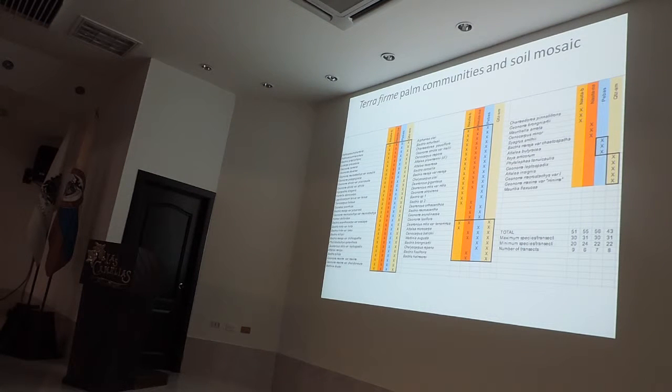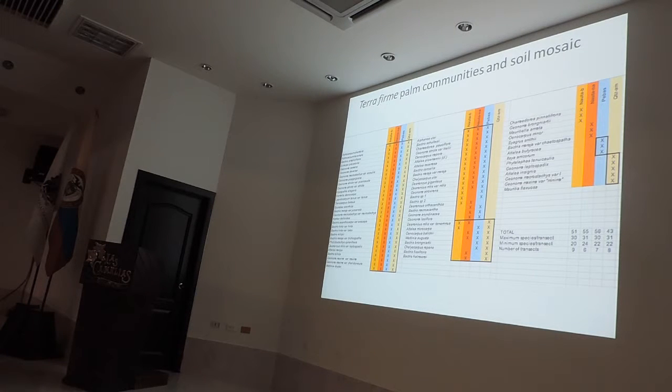And we can see here that they're quite rich communities with up to 30 species in a transect of a quarter of a hectare, and here for between 6 and 9 transects we have species richness of 43 to 56 species. So very, very rich